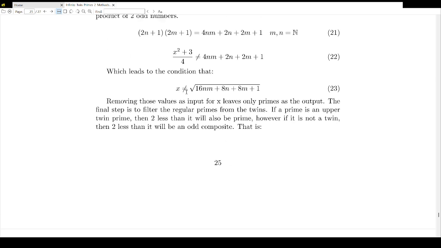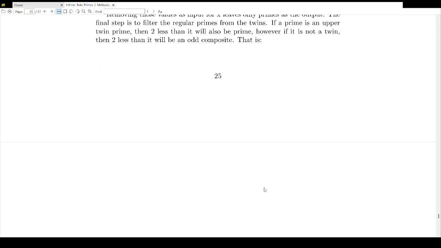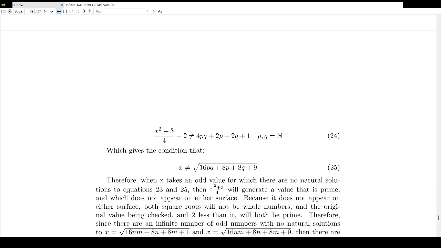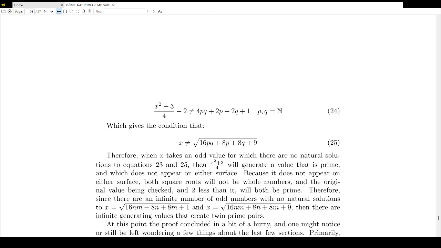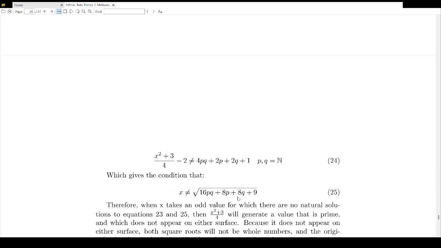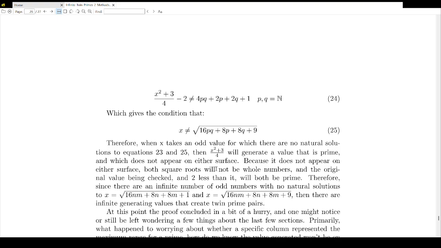We get this condition that x can't be this to make the one surface. When x isn't this, the one surface will be prime. And when x isn't this, the other one will be prime. Therefore, when x takes an odd value for which there are no natural solutions to those two equations, 23 and 25, which I just copied down here in general terms with both. Here I said P and Q because I wanted you to realize that there are different P's and Q's in these N and M's. But of that form, when x is an odd value for which there are no solutions to those equations, then that x squared plus 3 over 4 selecting parabola will generate a value that is prime,